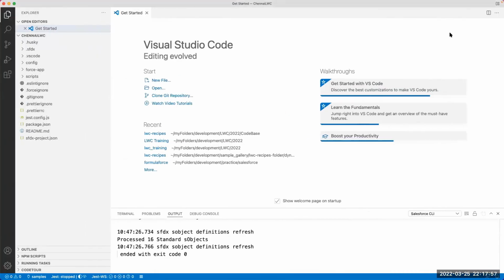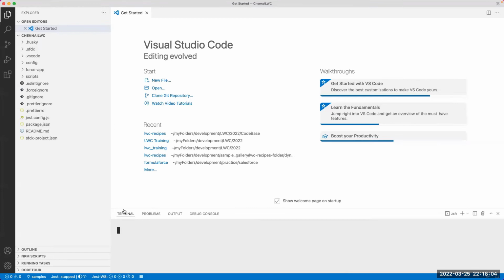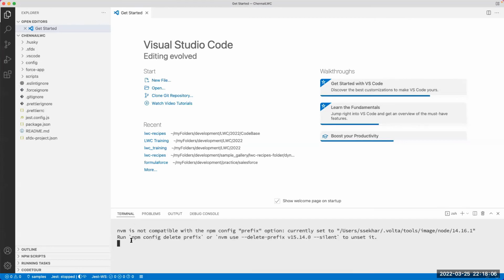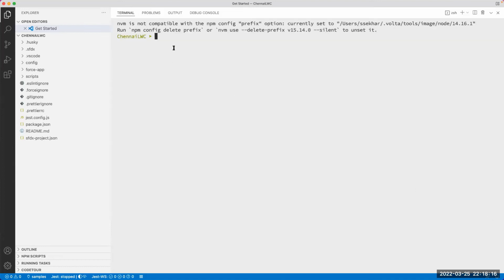The project folder is created there, and that project folder is opened here automatically. If I go to the terminal here, in this terminal also, I'll be at that particular project folder location. It's loading a little slow. If you see, I'm at Chennai LWC. I can in fact click this button and expand this terminal, and you can check with a command called present